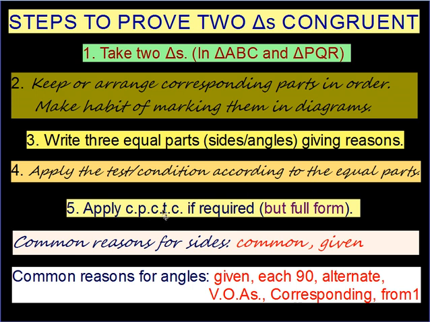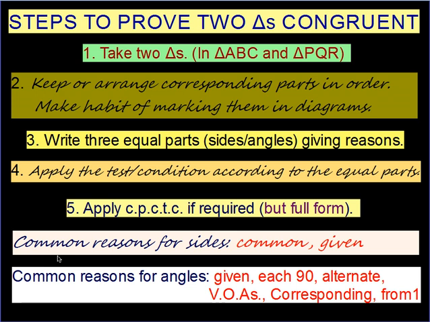Then apply CPCTC if required, but in full form. I am using CPCTC or CSCTC in all questions, but especially in ICSE, they don't allow you to write the short form. They expect you to write the full form: Corresponding parts of congruent triangles are congruent. Please make sure I have ticked wherever this CPCTC part has come. And then these 4 steps are important. This step is required when you are proving any side or angle equal. Otherwise your sum gets over at 4, especially for grade 8th or 7th.